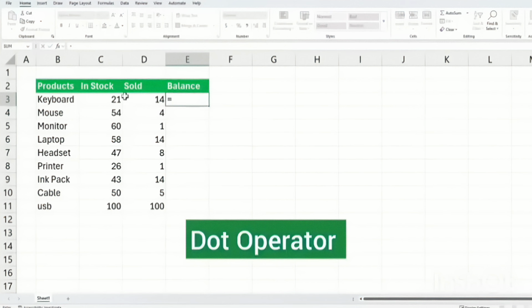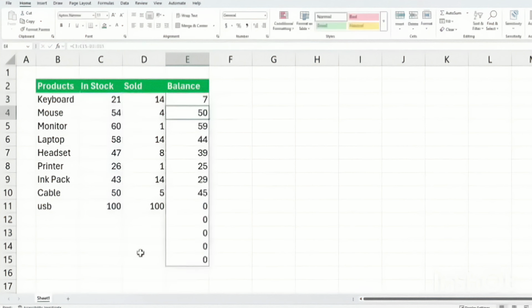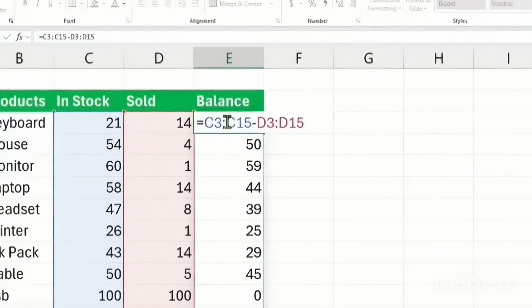All we need to do is select the relevant ranges, so let's say all of this in-stock range minus all of this sold range on the side, with some extra rows there, and if we just hit enter there, you'll notice we get the zeros, but now all we need to do is add the dot. You can see here in the colon, just after that, I need to put a dot. You heard it right, it's just a dot there, and another one on this side. When I hit enter now,